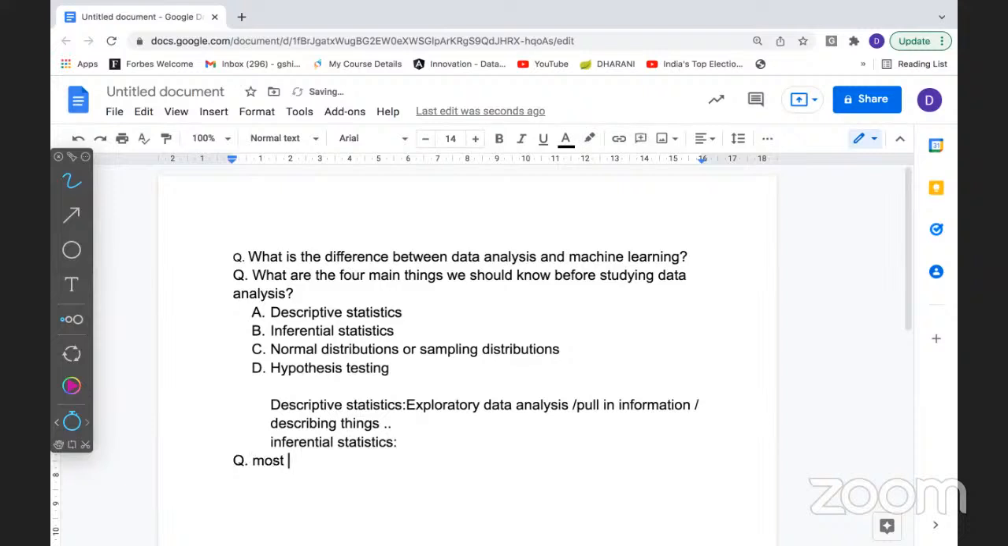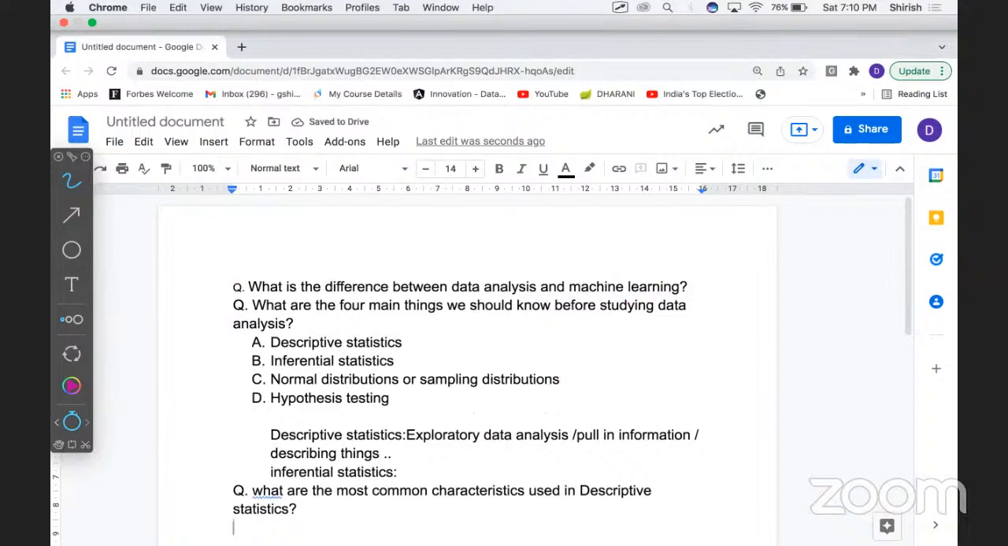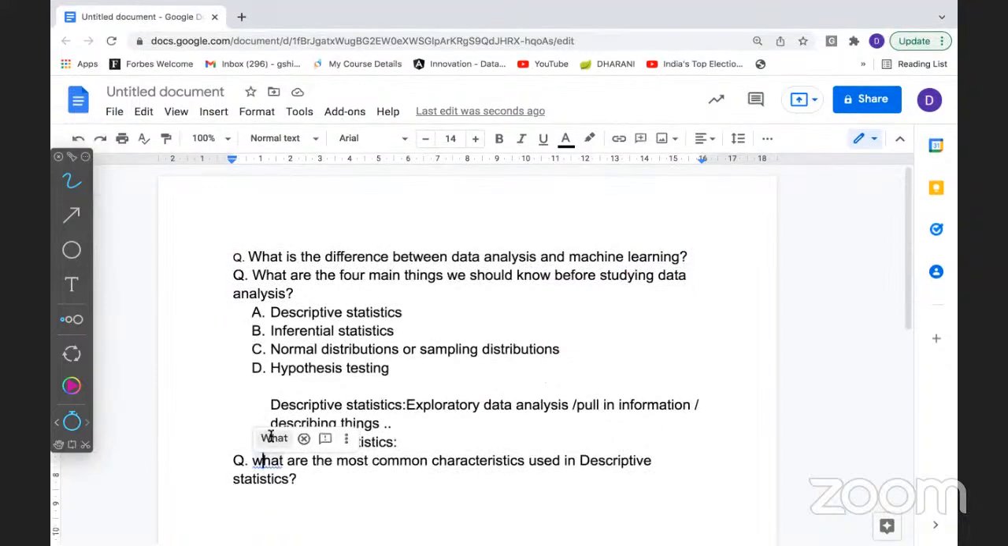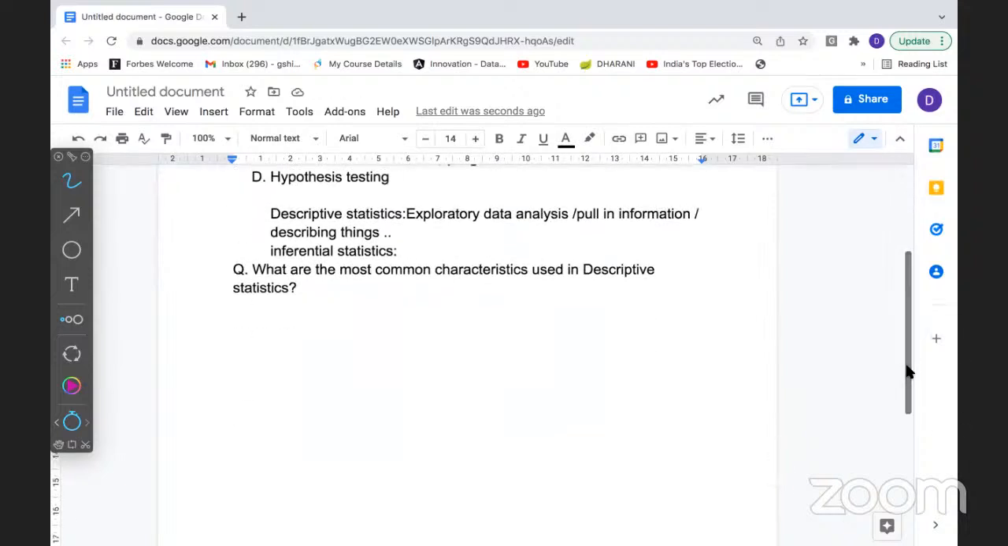What are the most common characteristics used in descriptive statistics? Most common things, common characteristics. So we can start with center,